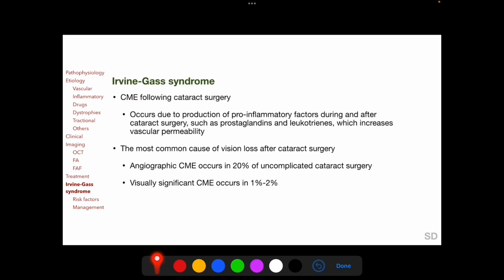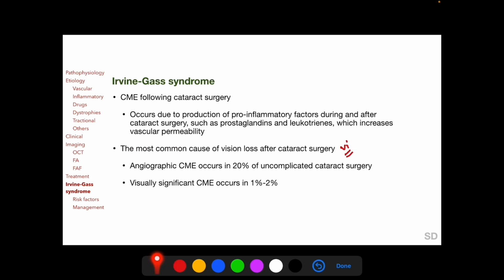Cystoid macular edema following cataract surgery is called Irvine-Gass syndrome and occurs due to production of pro-inflammatory factors during and after cataract surgery such as prostaglandins and leukotrienes, which increase vascular permeability. And Irvine-Gass syndrome is the most common cause of vision loss after cataract surgery, and this is very important to